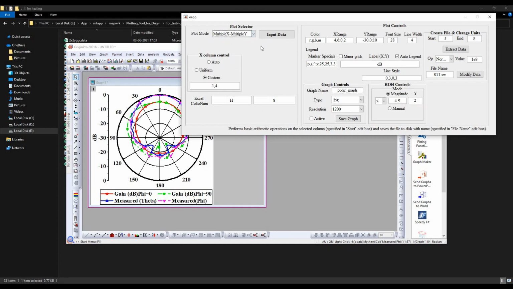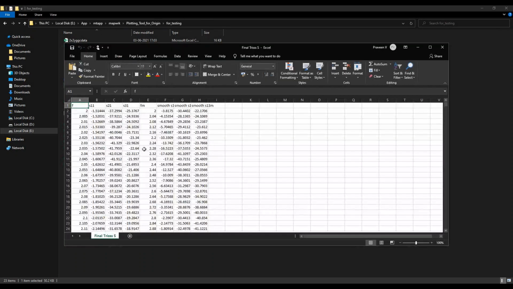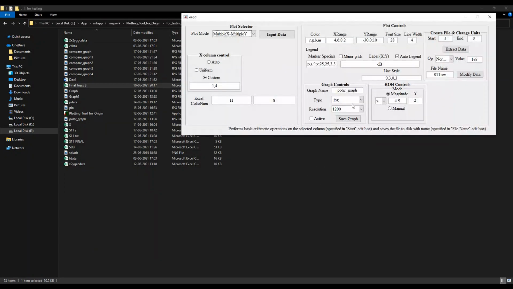To wind up this video, I will just plot one more graph that contains the MIMO antenna simulated and measured data. This is the final process, contains those values, measured data, and this legend, frequency in gigahertz, and as parameters in Ruby, and I will remove this auto legend and go with my own legends.